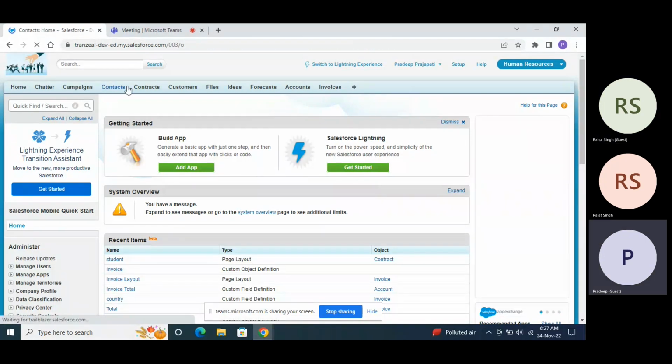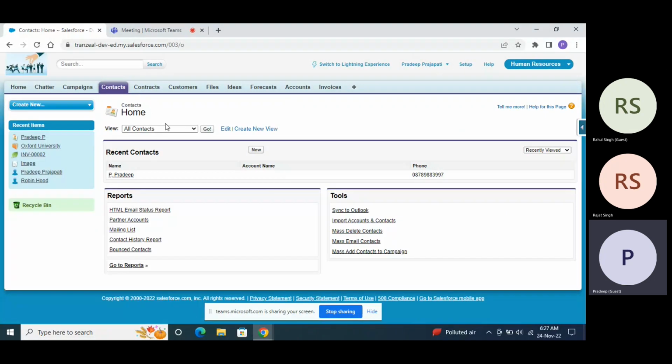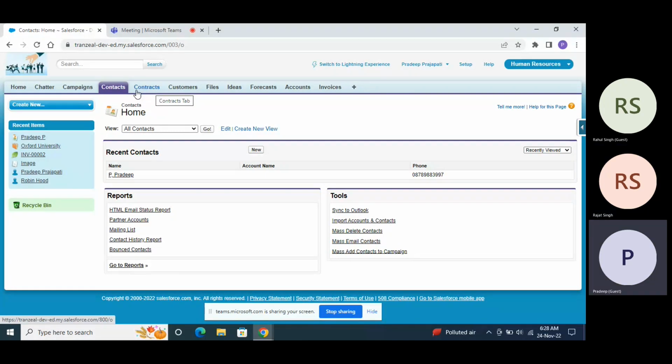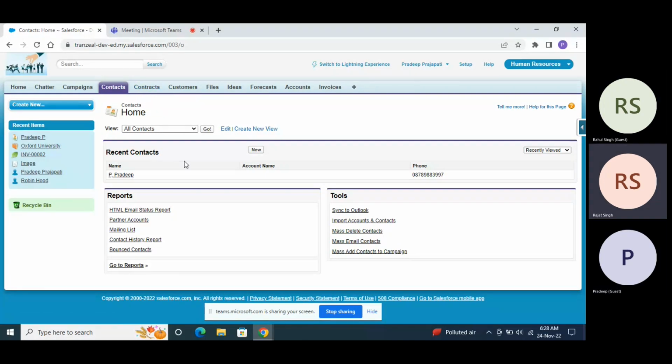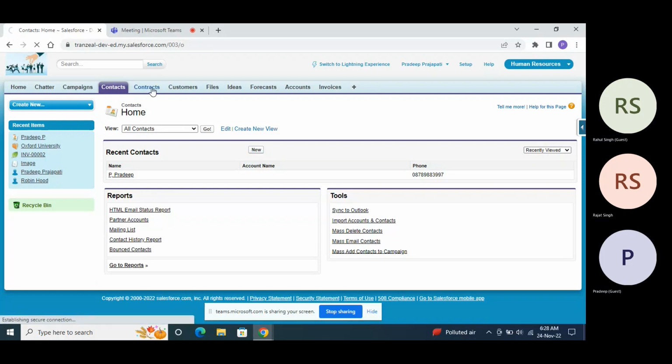Contracts or contacts, you have to click. Record types will work on any one, so you can go on any, like contact or contract, any one. So Rahul, you can guide. I am here. If there will be anything, I will be helping. So Pradeep, contracts में चल।